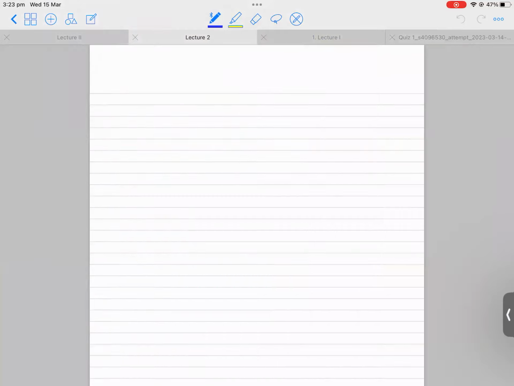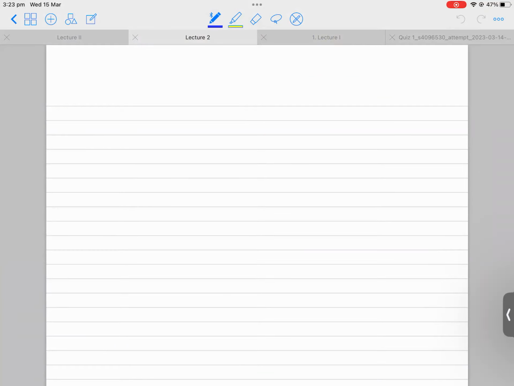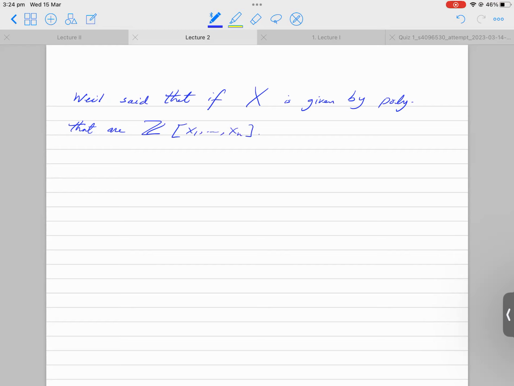Weil said that suppose your X is given by polynomials defined just over the integers, so polynomials with integer coefficients, and suppose you reduce this modulo p to then count points. Then